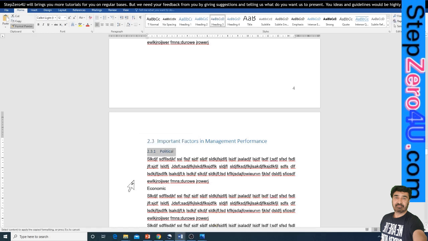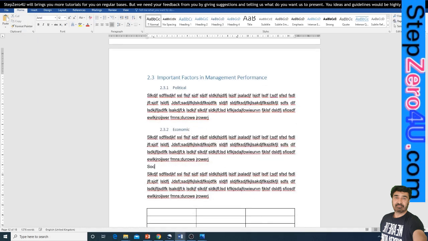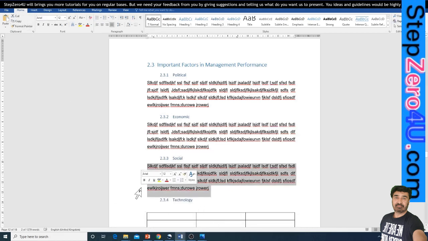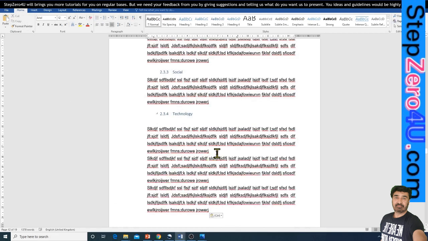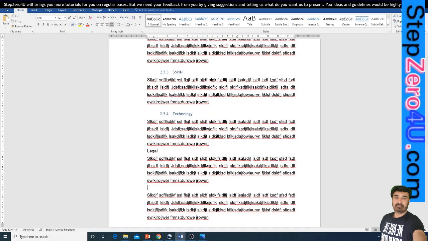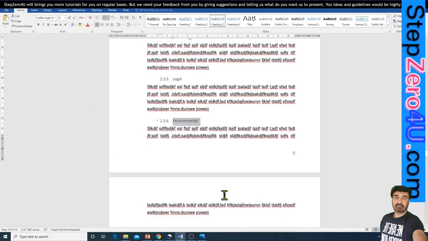Let us add some third level headings. For example, under level 2 heading 2.3, we need third level headings and therefore the numbering for these third level headings would be 2.3.1, 2.3.2, because the third level headings are under level 2 heading 2.3.